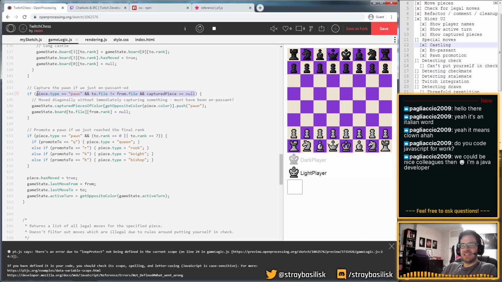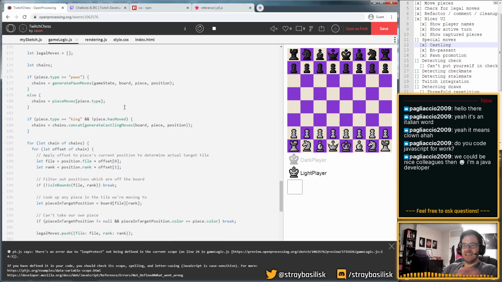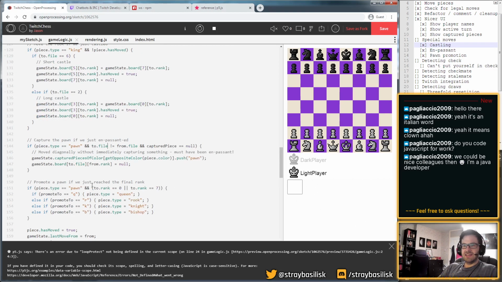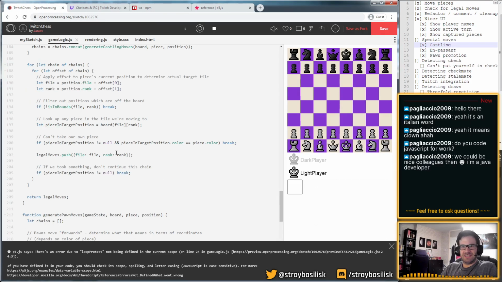Right, we infer that it must have been en passant, basically by saying, oh, if it moved diagonally and didn't jump onto something, then the only time that can happen is in en passant. What I really want to do is, when the legal moves are generated, to tag them to say, hey, this was a castling move or this was an en passant move. So then I can just say, if this move has the long castling tag, then I can do that, and I don't have to indirectly figure out that it was a long or short castle, if that makes sense.